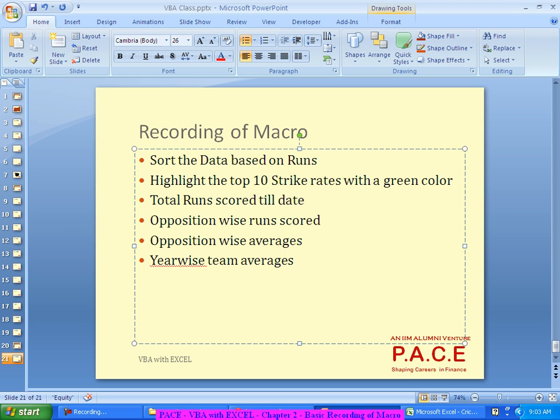Some formulas of Excel, you can do all these things. But the thing is, you have to do it on different files, because there is one file for India, one for England, one for Australia. And for all of them, you have to do the same set of activities. Don't think these are only 6, probably I may add 60.